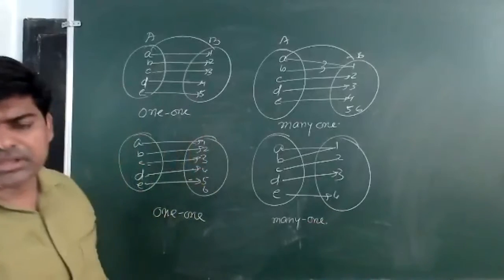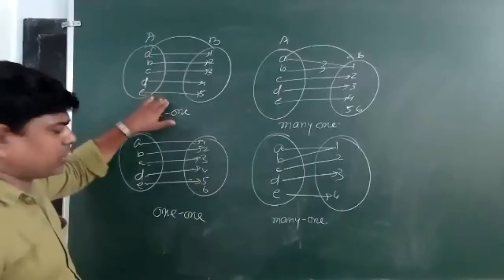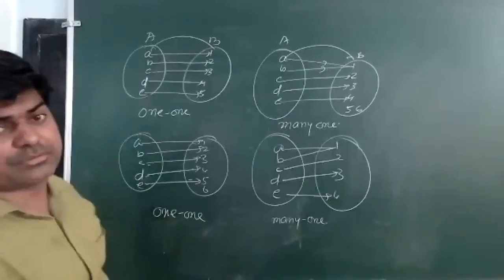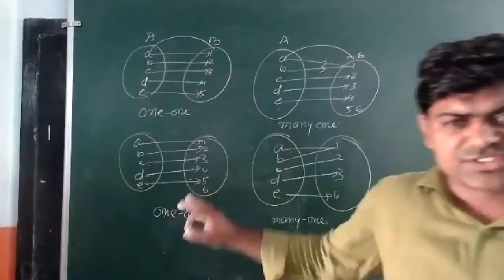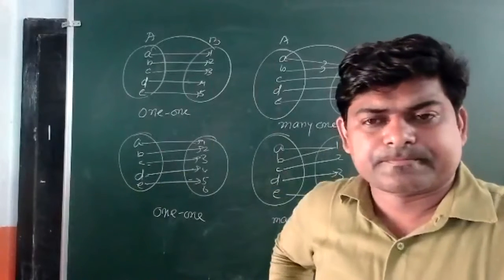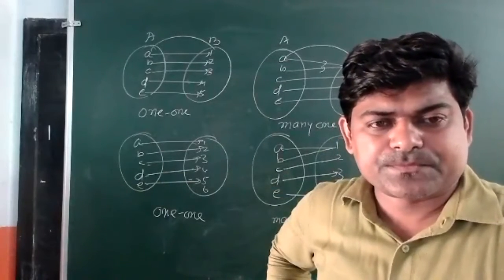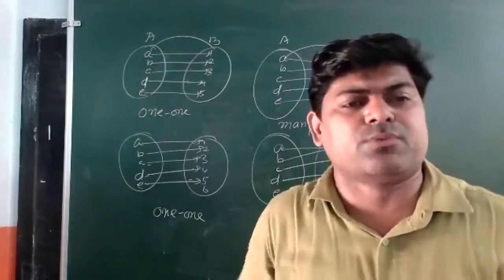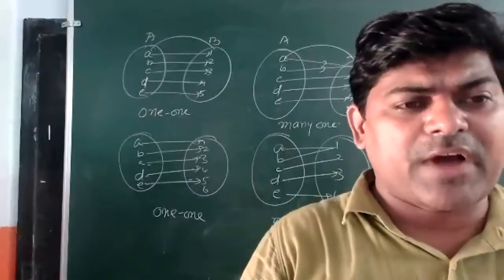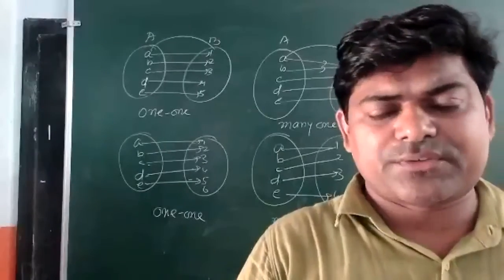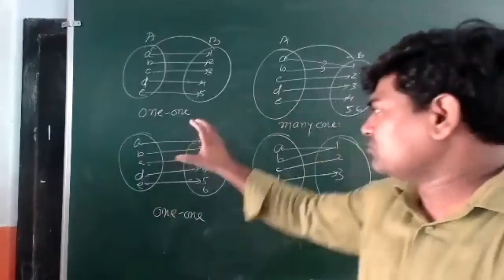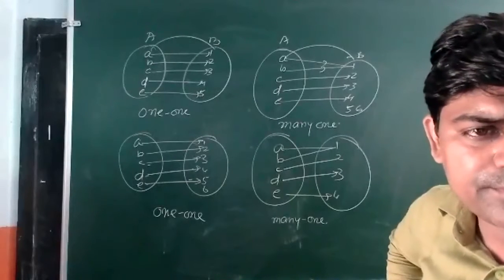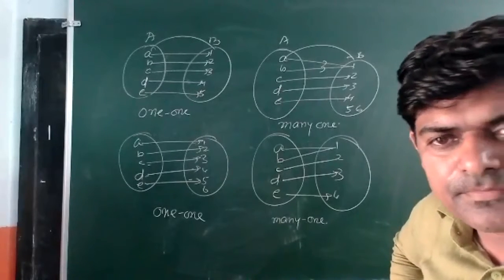But can you tell me the difference between these two? It is 1, 1, it is also 1, 1. But are you able to see any difference between them? Is there any difference? If you are able to find the difference between them, please tell me what it is. Both are 1, 1. But if I have drawn two different diagrams, definitely there will be something. That's why I have drawn two different diagrams. Can you tell me what the differences are? Anyone?